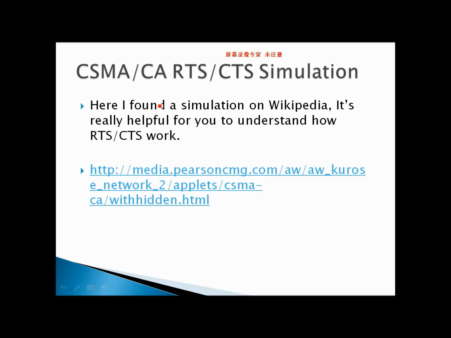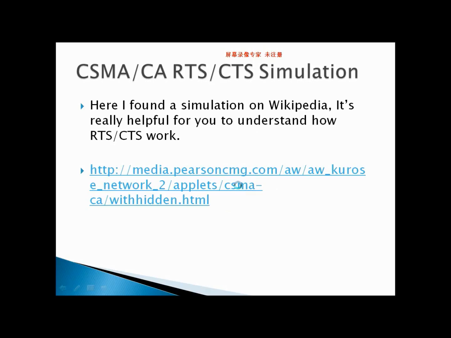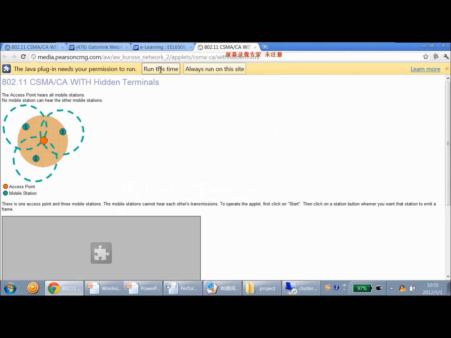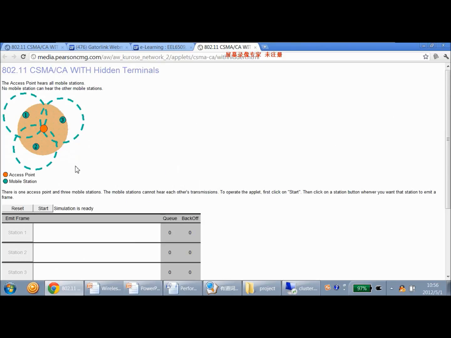Here I found a simulation on Wikipedia. It's really helpful for you to understand how CSMA/CA and RTS/CTS work. In this simulation, there are 3 mobile stations and 1 access point, and these 3 stations can